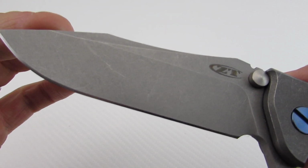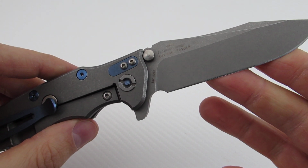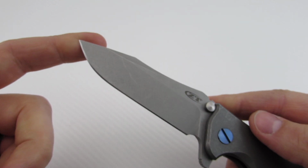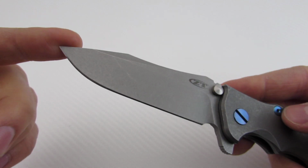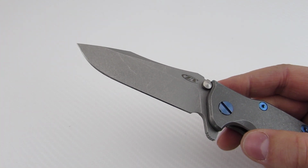So as I mentioned, CTS 204P, very comparable to M390. It's a super steel, really good performance, edge retention, corrosion resistance, and so forth. It's just an excellent steel, and it's what you would hope they would use on something like a limited edition. So anyhow,